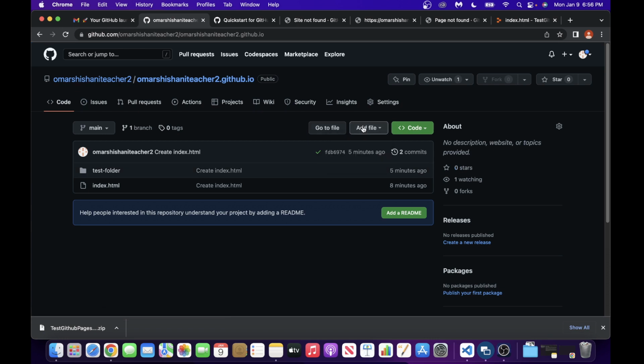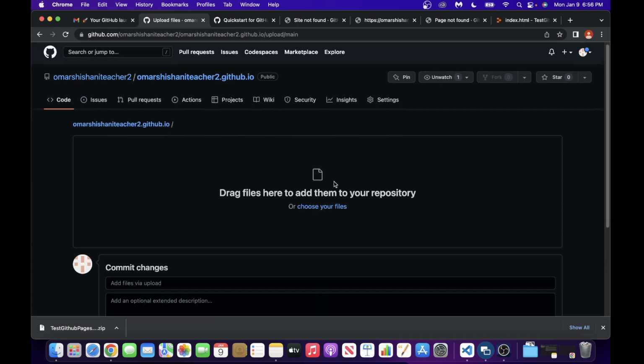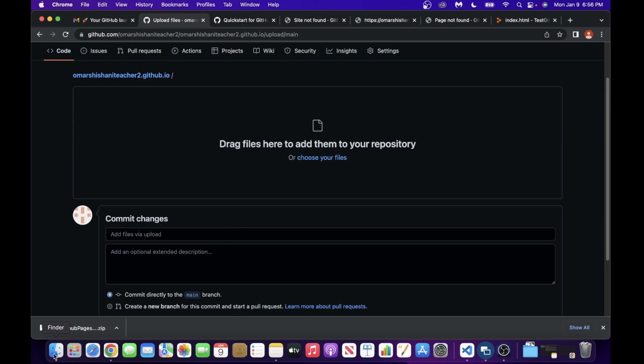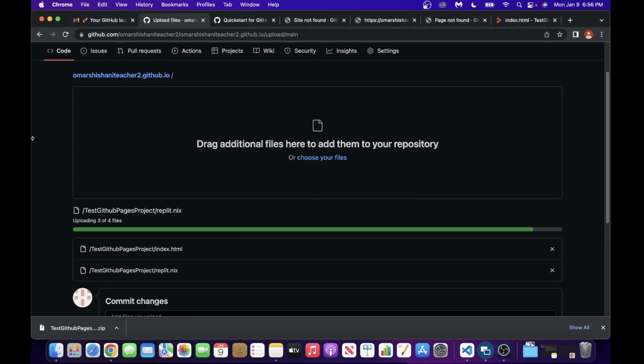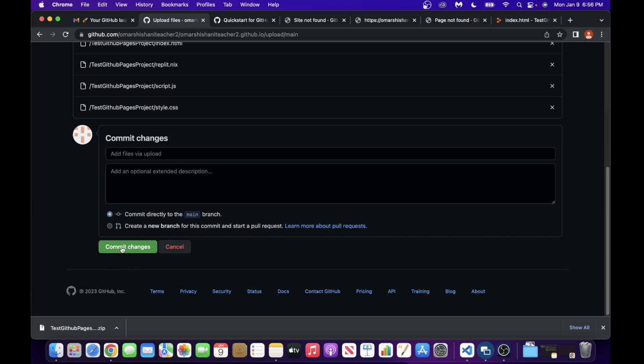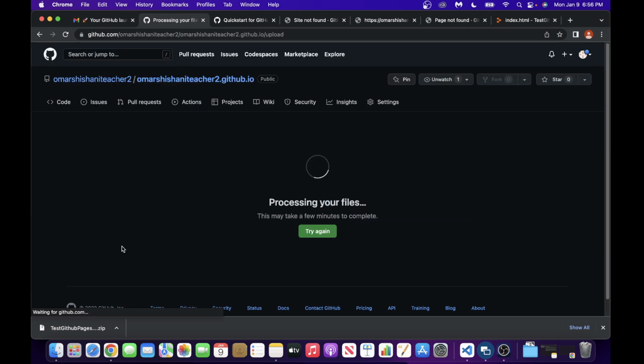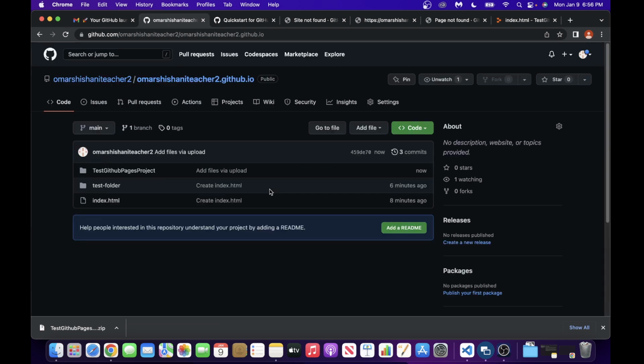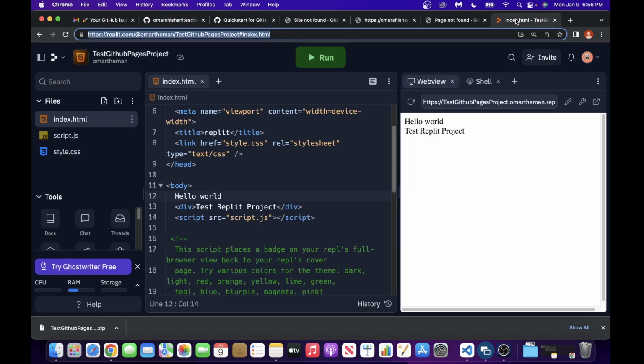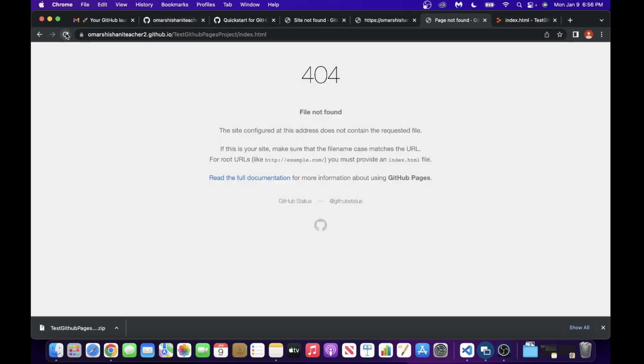Okay, sorry. Let's go and add file, upload file. Drag them back in. I think I might have done this wrong. Yeah, right, and then okay. I don't think I pressed commit. So you've got to press commit, and that way it should work. Maybe it'll show it now here. Might still take a minute to do that,